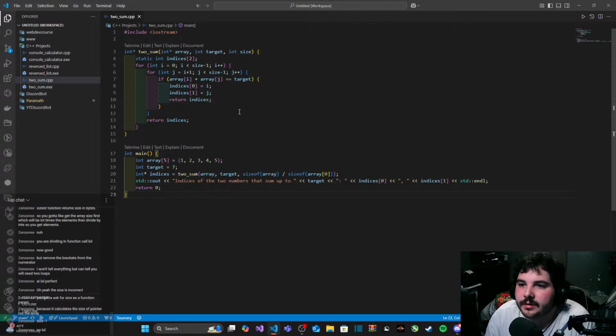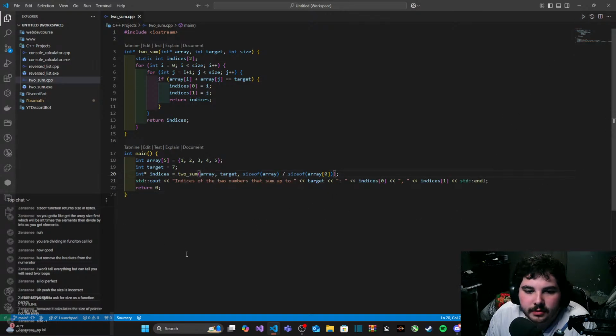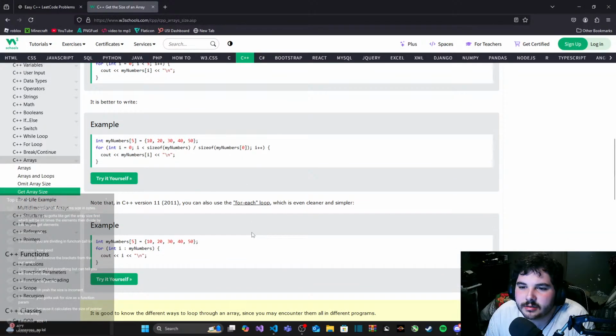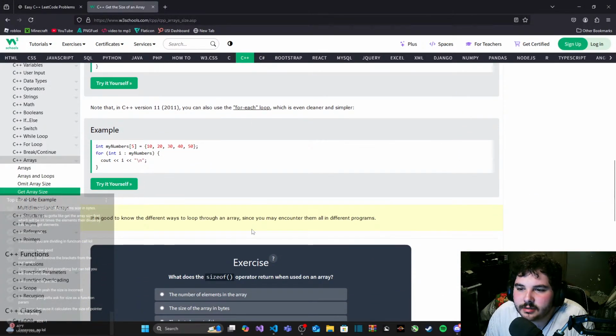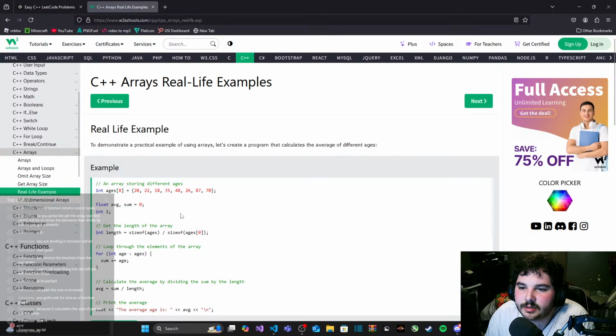Hmm. Nope. Because it calculates size minus 1. It's in here, real life example.